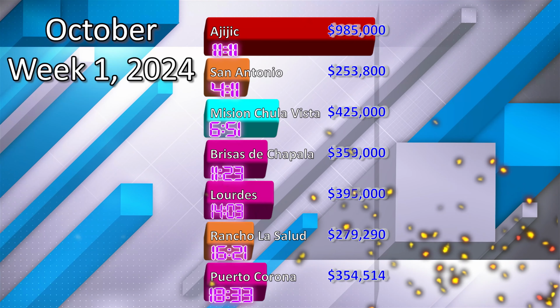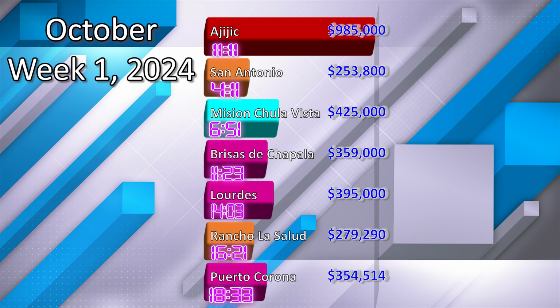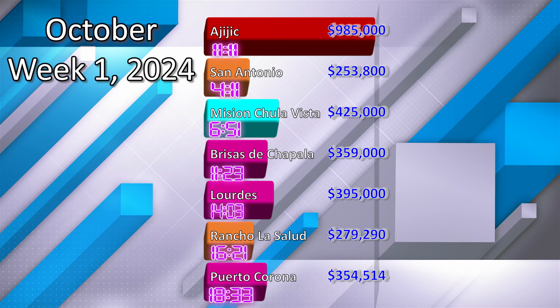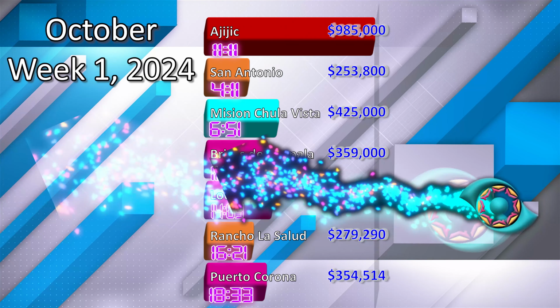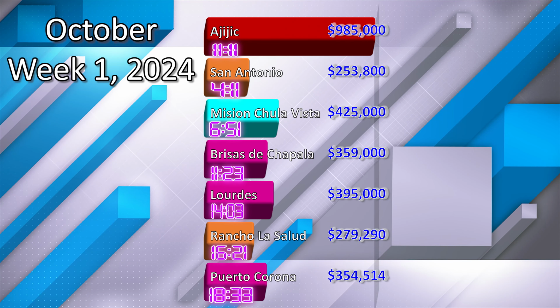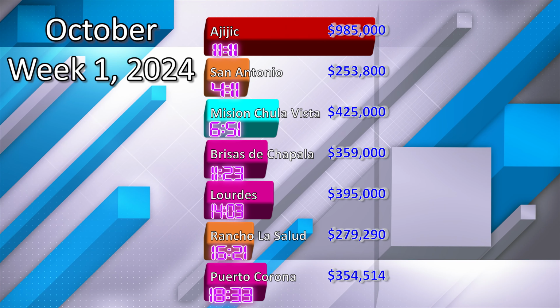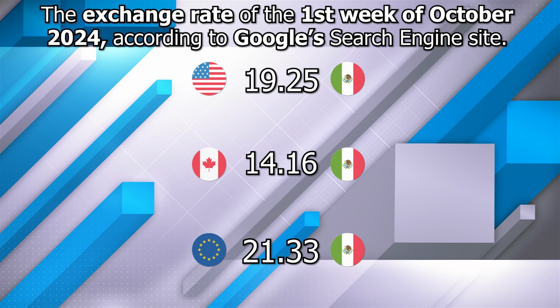This week, we're going to present 8 new listings in 5 different areas and 8 different subdivisions in Lake Chapala, starting at $279,290 up to $2 million. The exchange rate for this week is...